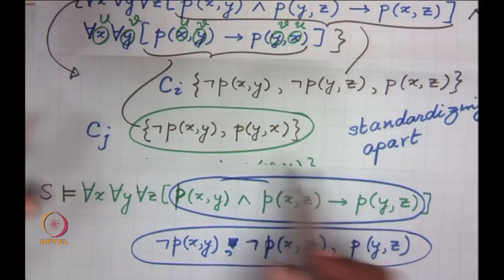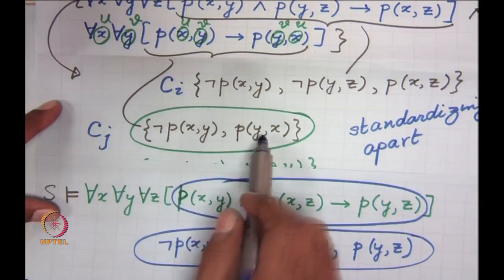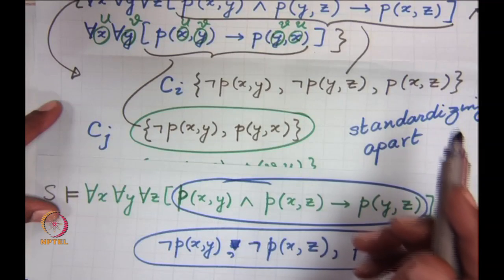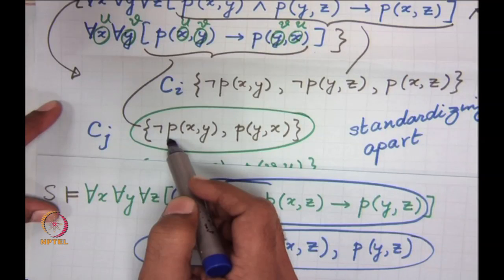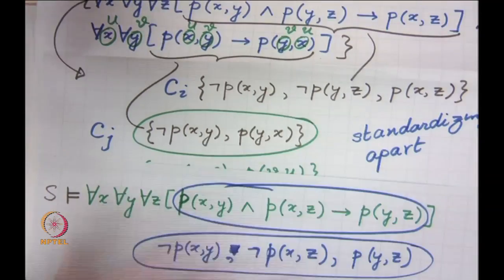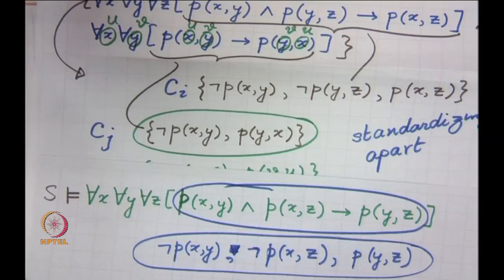There are two negations here, one positive occurrence, and here is one negation, one positive occurrence. So I have to take either this positive occurrence and this negation, so that I get these two negations and this positive. So you have to find one substitution, and there is a substitution which at the moment I am not able to clearly see, but I think either way,